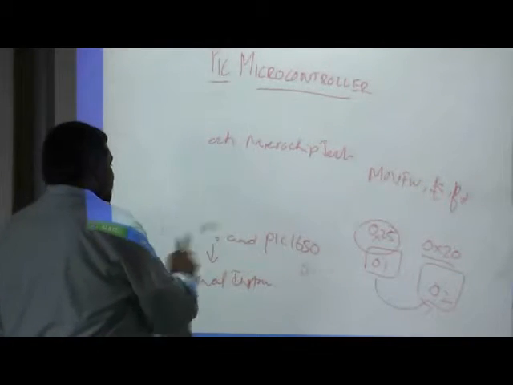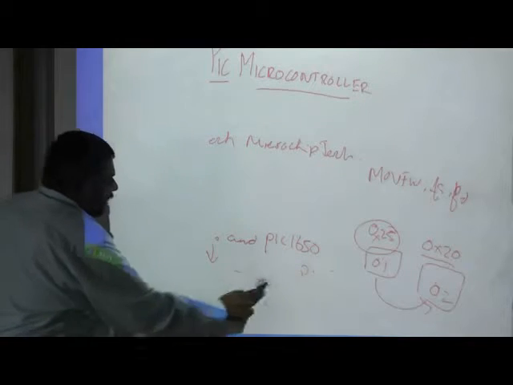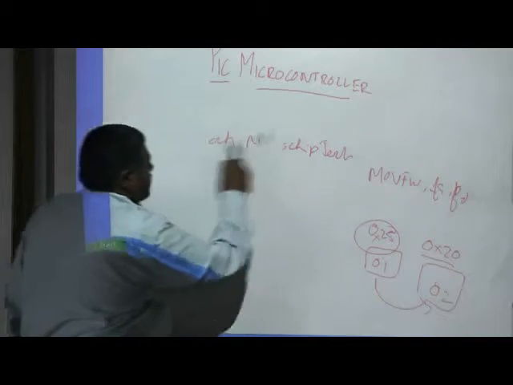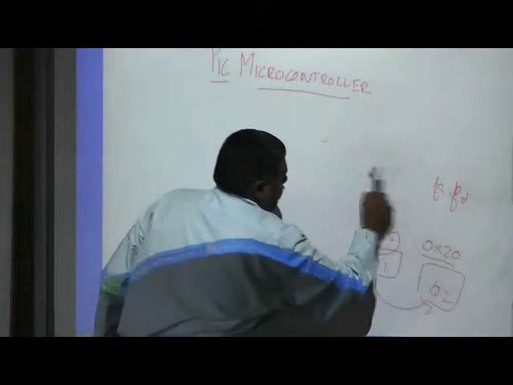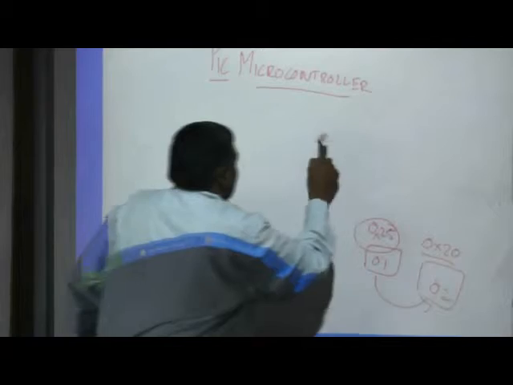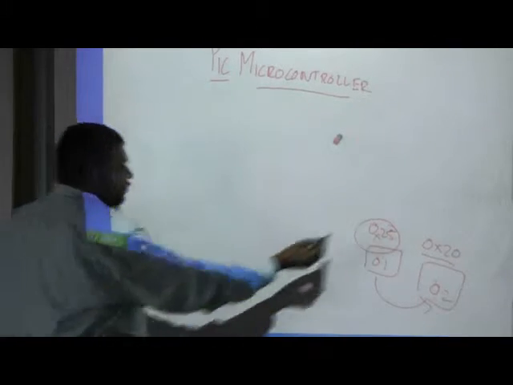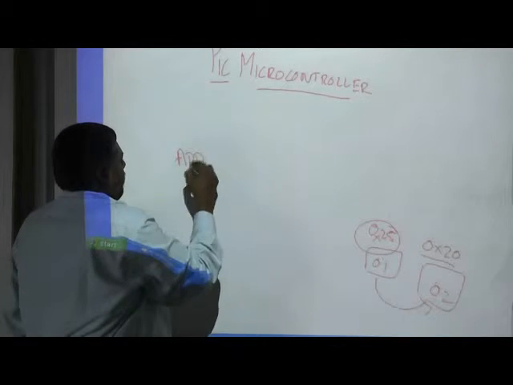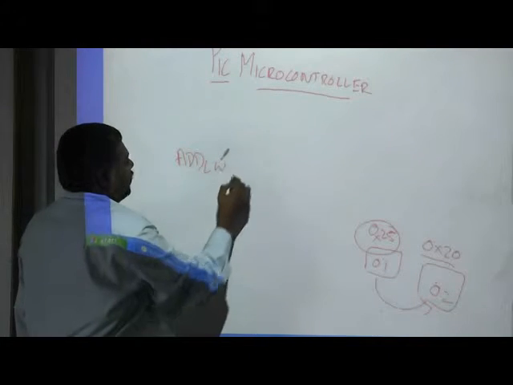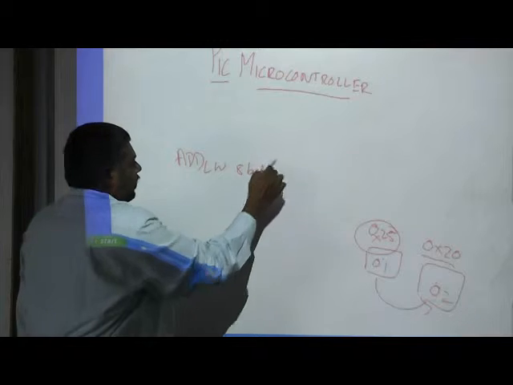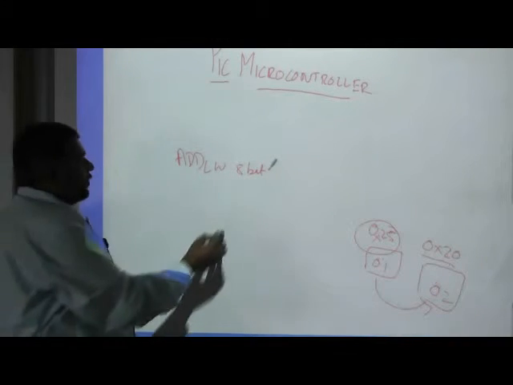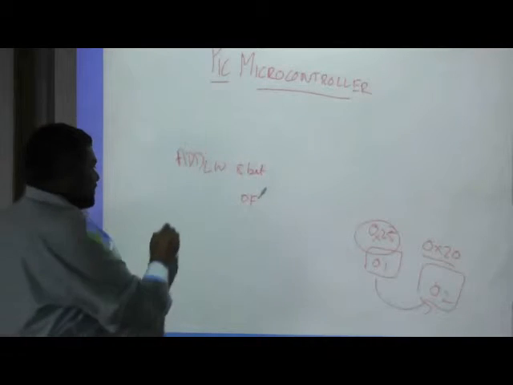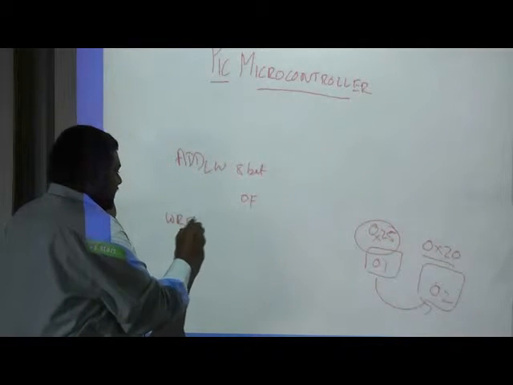Here the content of the literal value is copied to the W register and the content is added with the W register. Add literal W, some 8-bit data. Assume my 8-bit data is going to be 0F. Right? Here what happens is W register,